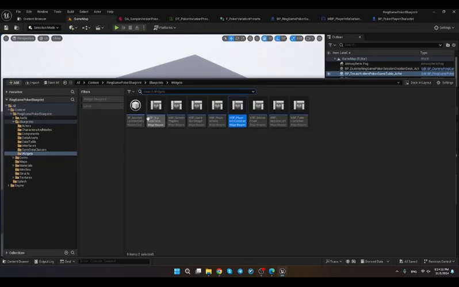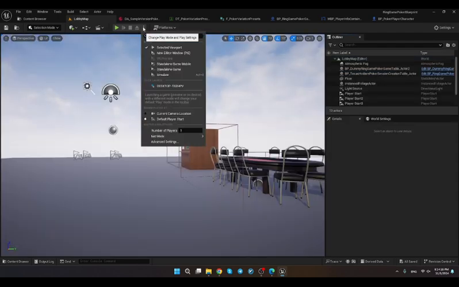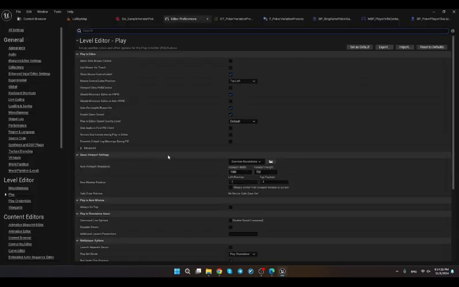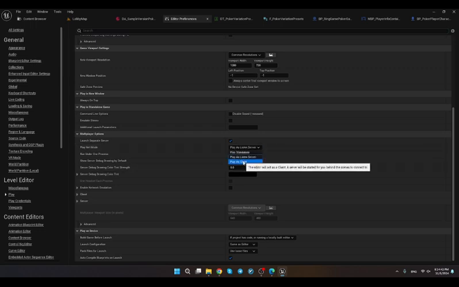The only thing that I still have to say is how to test this template out. If you want to test the listen server approach, you go over here. You have to make sure this is false. You set this to play as listen server. You set this to true, and that's all. That's all you need to do. If you want to test a dedicated server, you set this to true. You set this to play as client, and you set this to false. And then when you play the game,